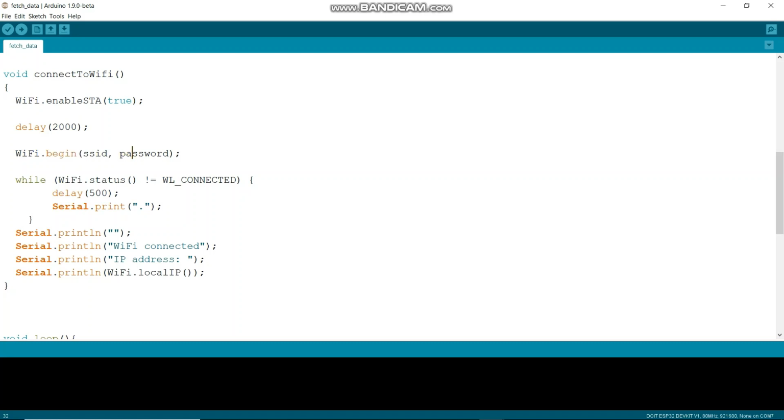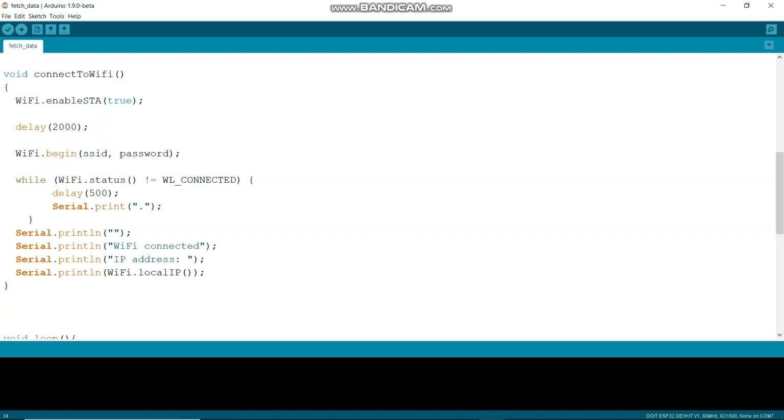Then I have written WiFi.begin. This will give this SSID to search, and when this SSID is found, it will enter that password to connect to that Wi-Fi, and until the Wi-Fi is connected, this code will run. So this is written: WiFi.status is not WL_CONNECTED.